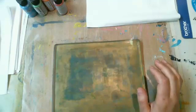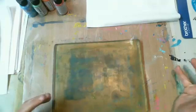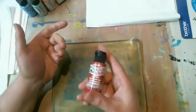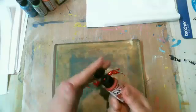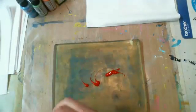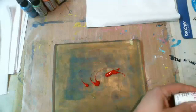There is no difference in the process when you use the Gelli plate to print on fabric than if you're printing on paper. You're still going to use, this is an acrylic base, it's water-based paint. You're still putting it directly on the plate, making prints in it, making marks in it. Oh, this one's not open yet. And then putting something absorbent in it to create the print. So